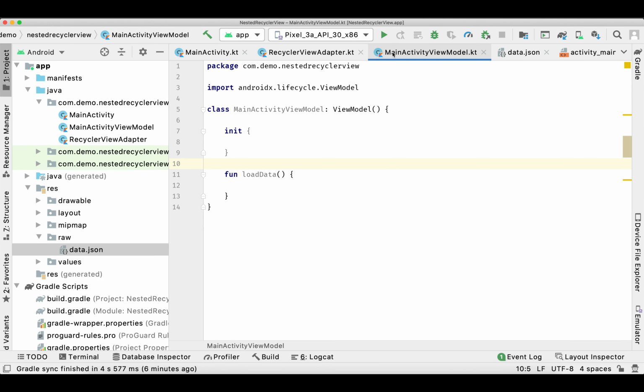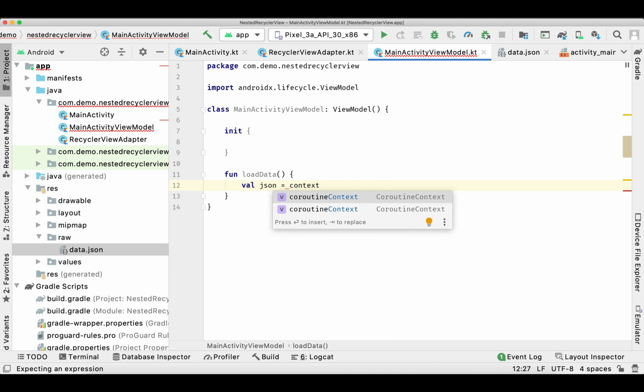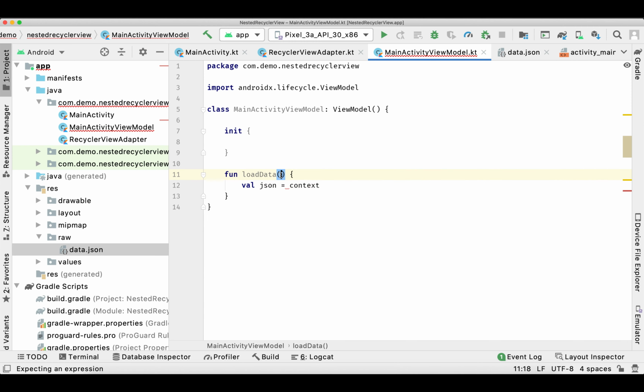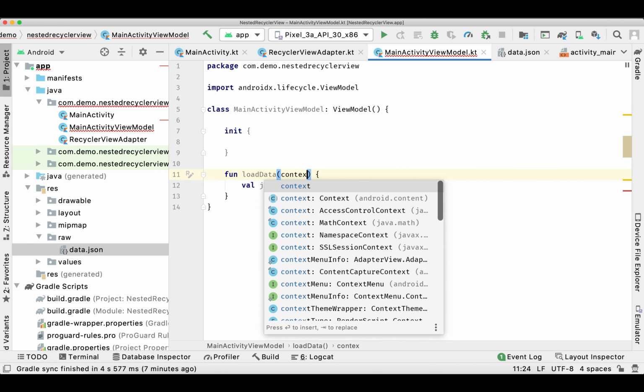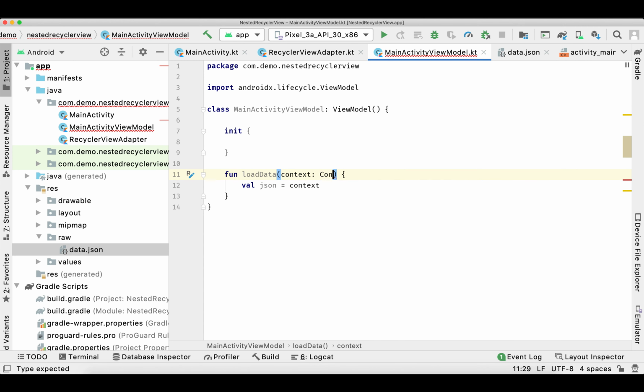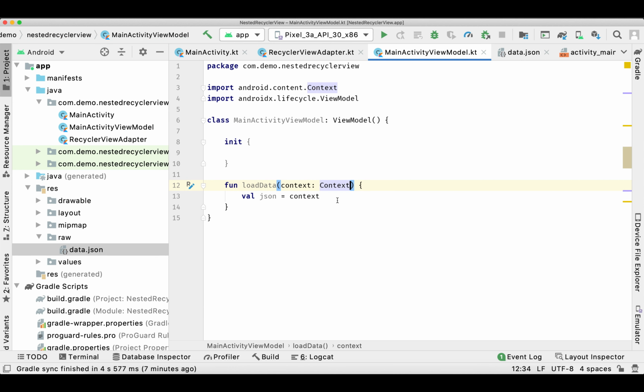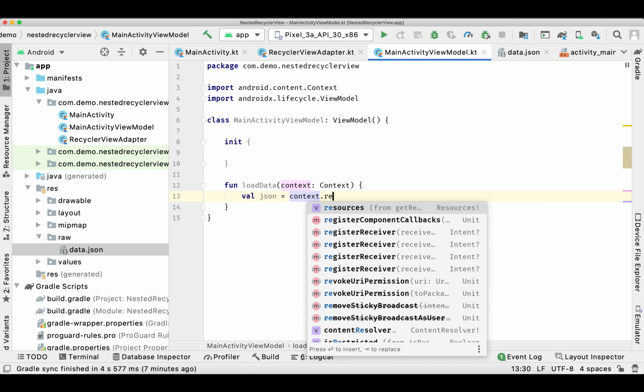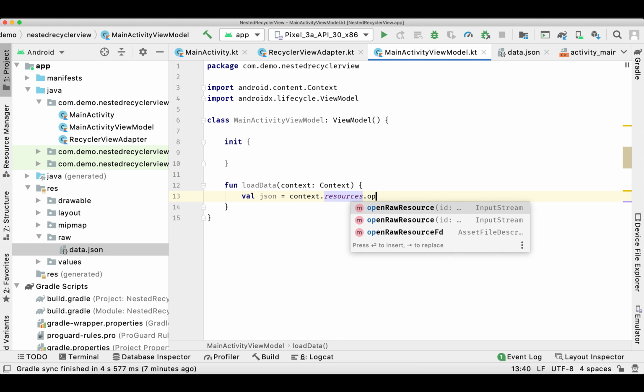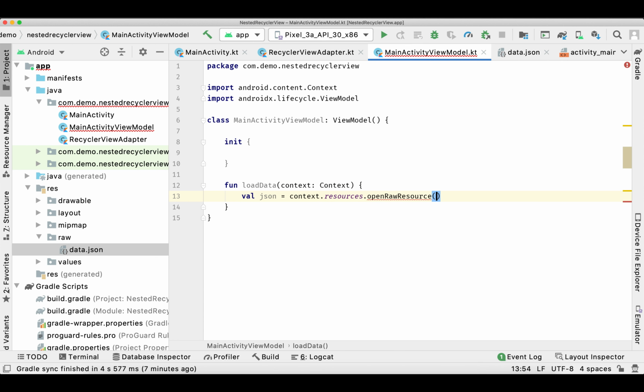So if you have some different choice, then you can go for creating a separate JSON file. So just for displaying a demo, I'm having the very minimum requirement to display it on the UI. So this load data function is going to read the JSON file from the raw folder.